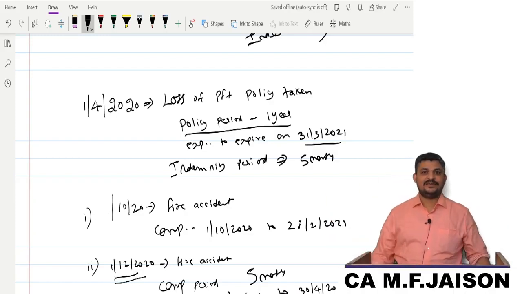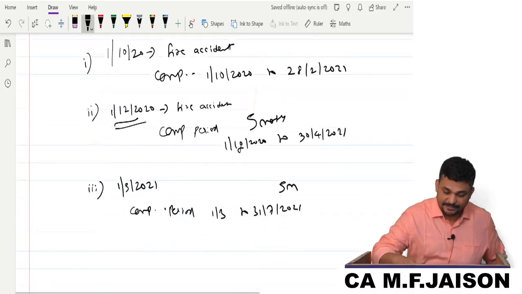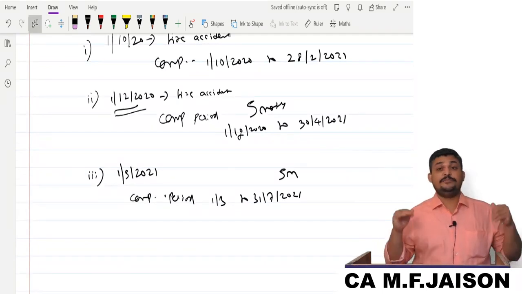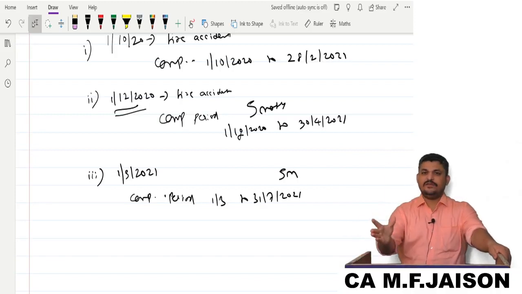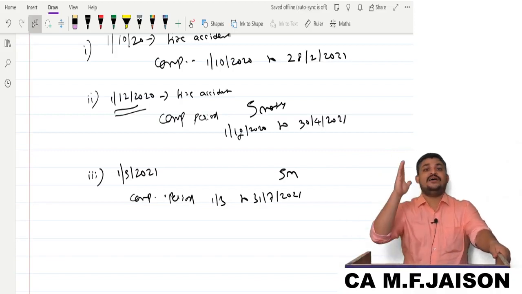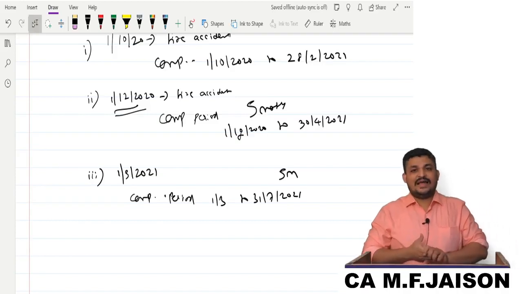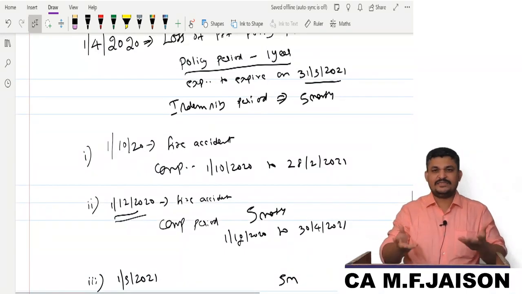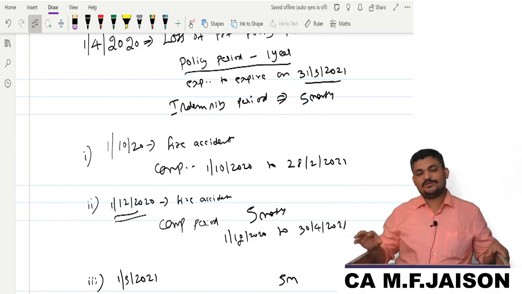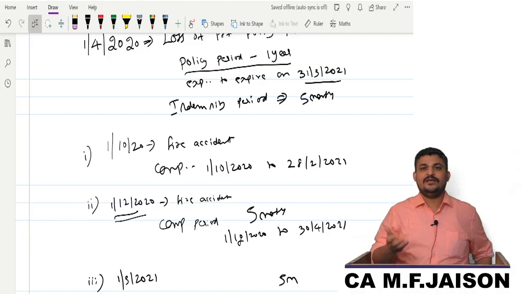It's like your bike insurance only, because you are riding two-wheelers. That way only you should understand, my dear. So the indemnity period is not necessarily within the policy period. It is always that many months after the fire accident. Understood? Yes, that way we got clarity. Whatever we presently discuss is not necessary for solving problems, because the question will give you the compensation period anyway, but we need to understand the concept.